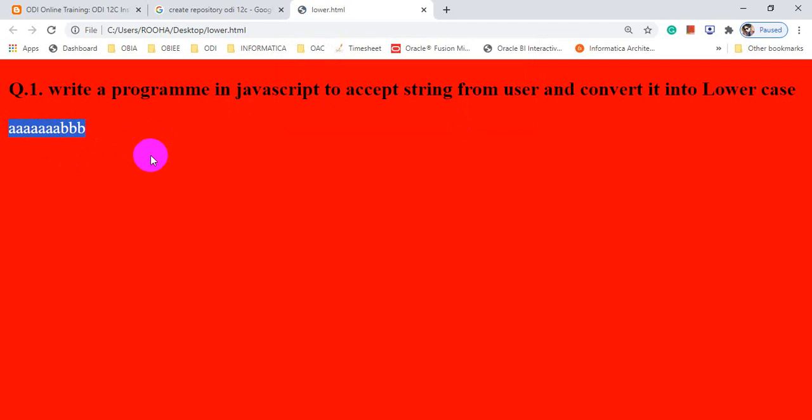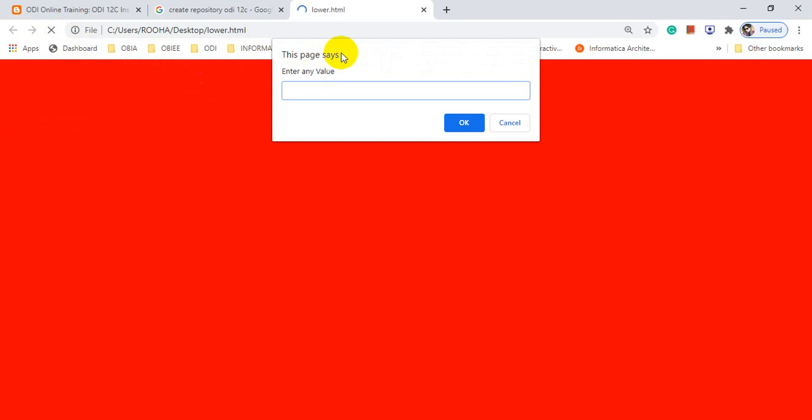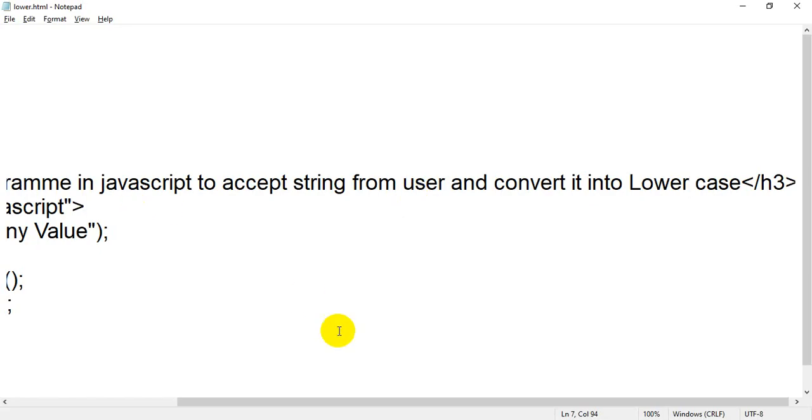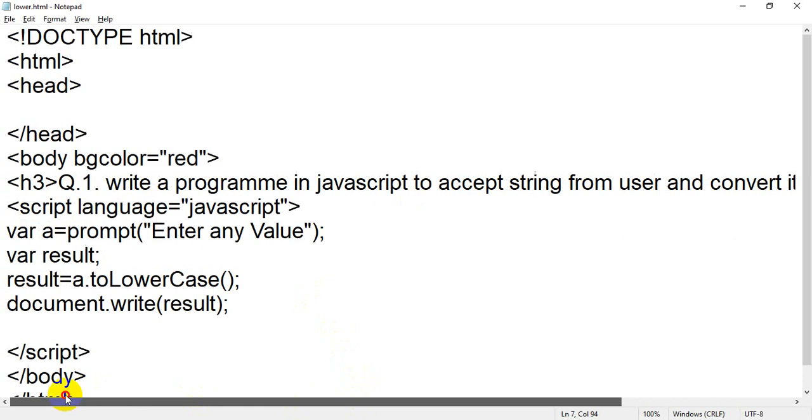Let me refresh the file. What will happen when you run your program? When you click on refresh, the first thing is that it will go into your script tag and declare a variable a.